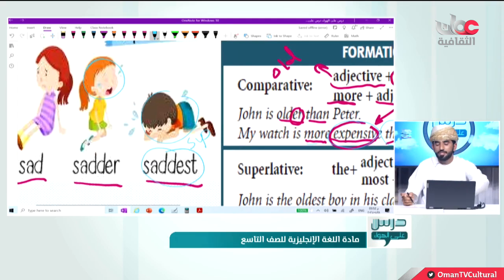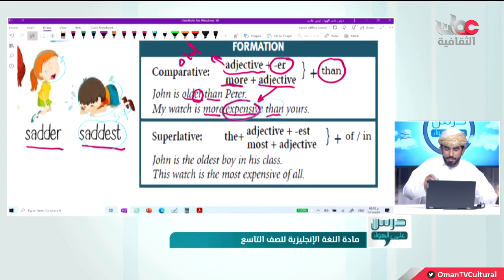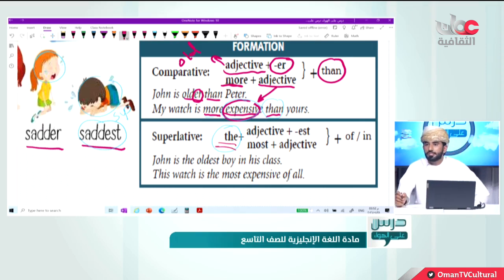So, what is the form of superlatives? For superlatives, you've got, first of all, the. Is it important, teacher? Yes, it is. It is very important. You cannot write a sentence in the superlative without the. If you don't write the, then there is a mistake in your sentence. Just really focus, especially in a grammar test. For example, you're about to have those grammar rules in a test.